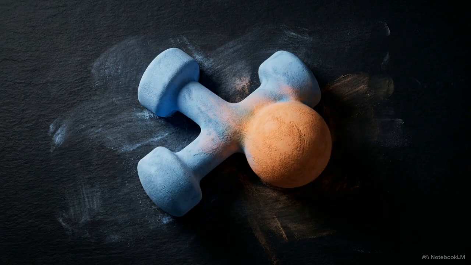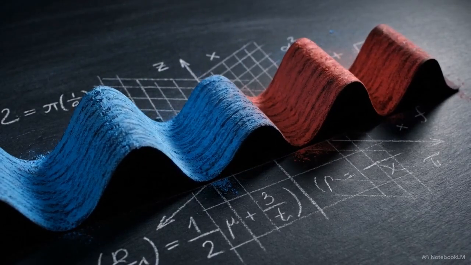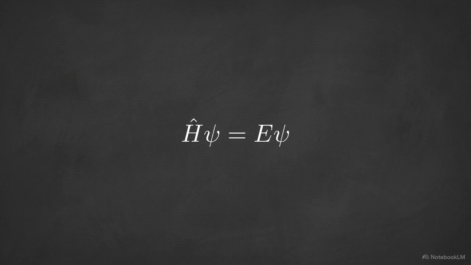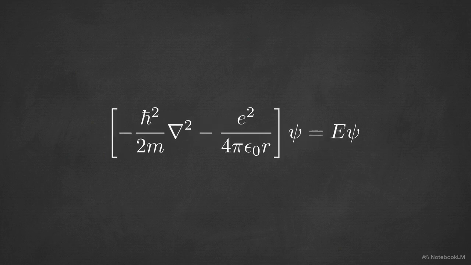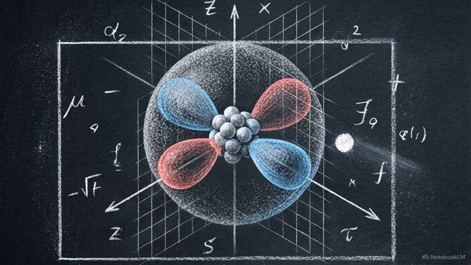This shift from fixed tracks to wave functions is necessary to explain chemistry. Molecular bonding does not occur through colliding physical boundaries, but through the interference and overlap of these mathematical waves. To find these orbitals, we use the Schrödinger equation for a single electron system. The Hamiltonian operator here accounts for two primary factors: the kinetic energy of the electron and the Coulombic potential holding it to the nucleus. We focus on the hydrogen atom because exact analytical solutions to this equation are only mathematically possible when we are dealing with a single electron.